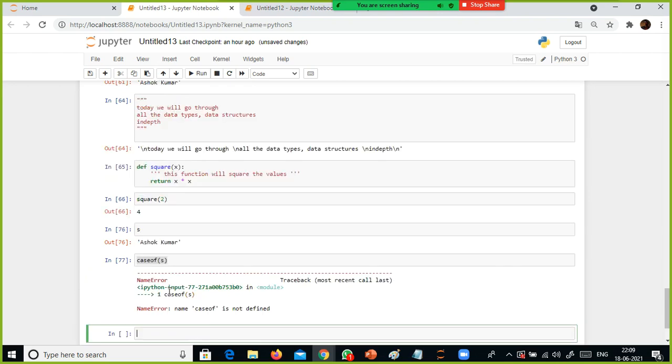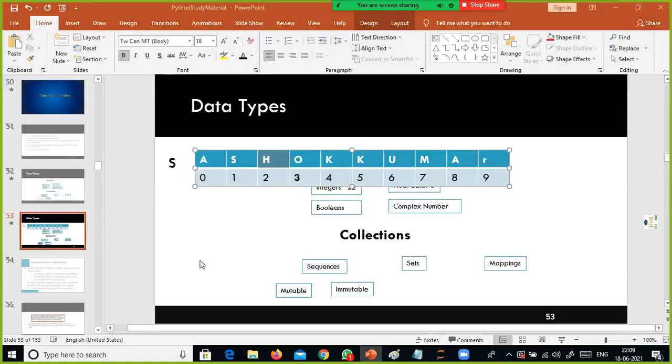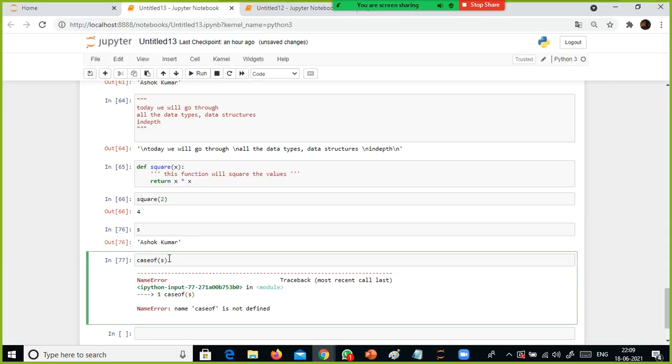s. One second, let me just see the function name, is it case? I don't remember it, something like that. One second, let me just type it here itself.